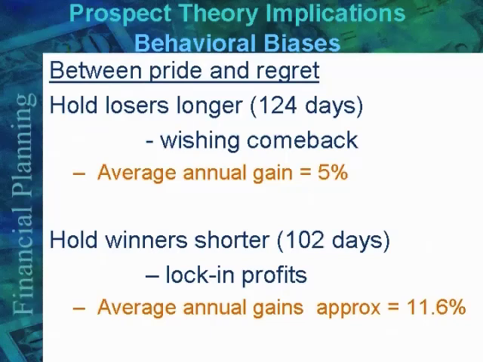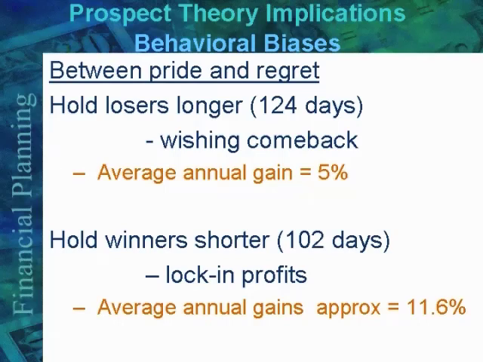So here's a bias which is called the regret and pride bias, and I'll show you what this is. And these all come out of works done by academics, empirical and theoretical work done by academicians, and so it's valid. They've looked at thousands of data points. So statistically, they're just as valid as modern portfolio theory or efficient market hypothesis, so those people can't refute these results.